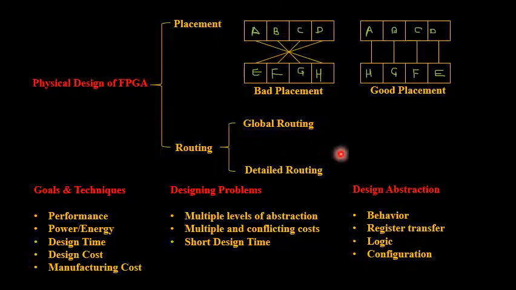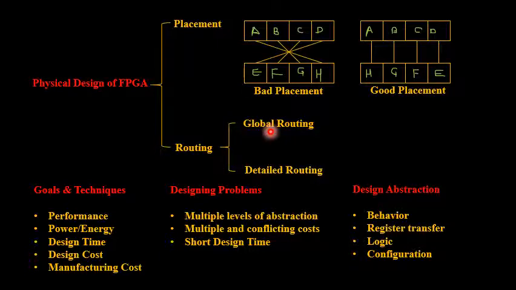So in case of global routing, one thing we have to concentrate on is that global routing of an FPGA mainly concentrates on balancing the requirements of various types of nets. So you are going to route one particular net or one particular wire at a time. The order in which the nets are routed affects the final result or your final design. Whenever you are making use of nets or wires, it may have either of two problems which I am going to discuss now.